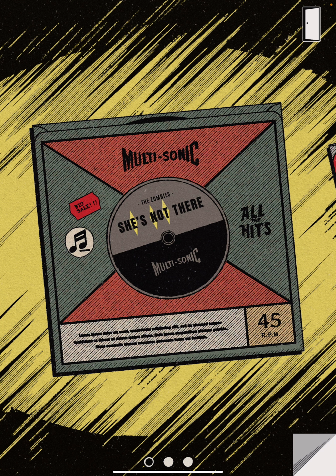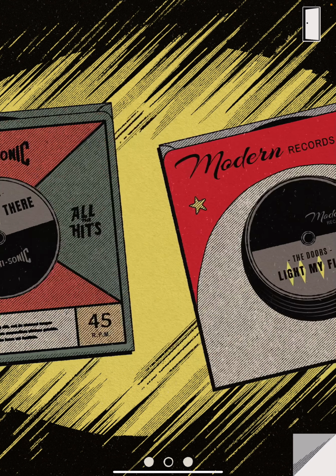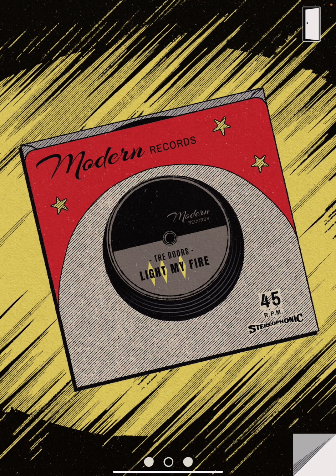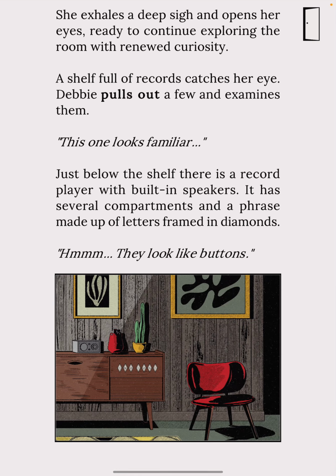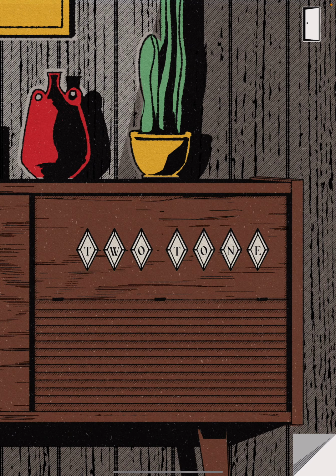So SHE, the 3rd letter, is highlighted. Then SN, so the 5th letter is highlighted. O-T, the 7th letter is highlighted. And it's the same for all of them. 3, 5, 7. You see? So what we're going to do is press the 3rd button, the 5th button, and the 7th,